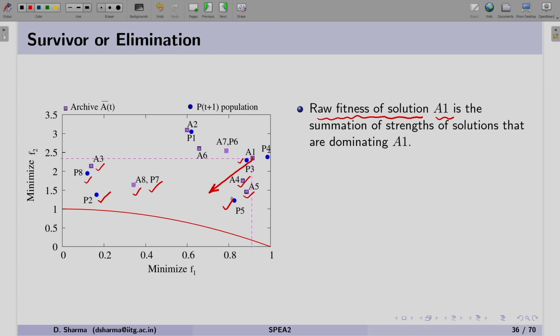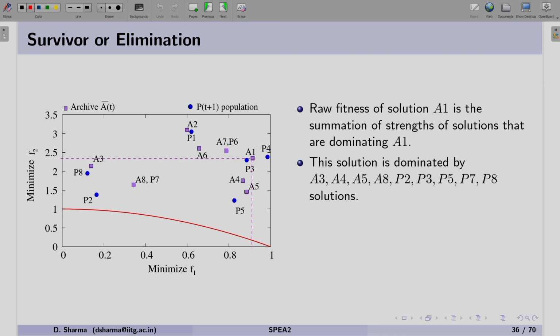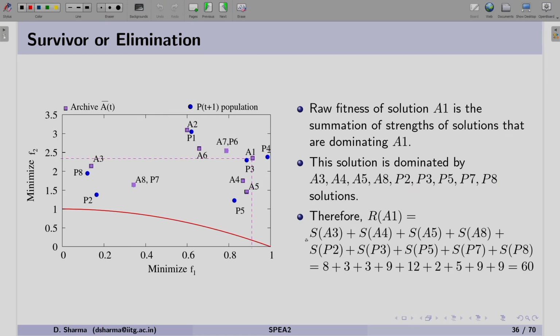These are the solutions which are dominating A1, meaning that once we get the list of solutions dominating A1, we have to take the summation of the strengths of all such solutions. Here we have written the strengths of those solutions. By adding them, we get the raw fitness of solution A1 as 60.